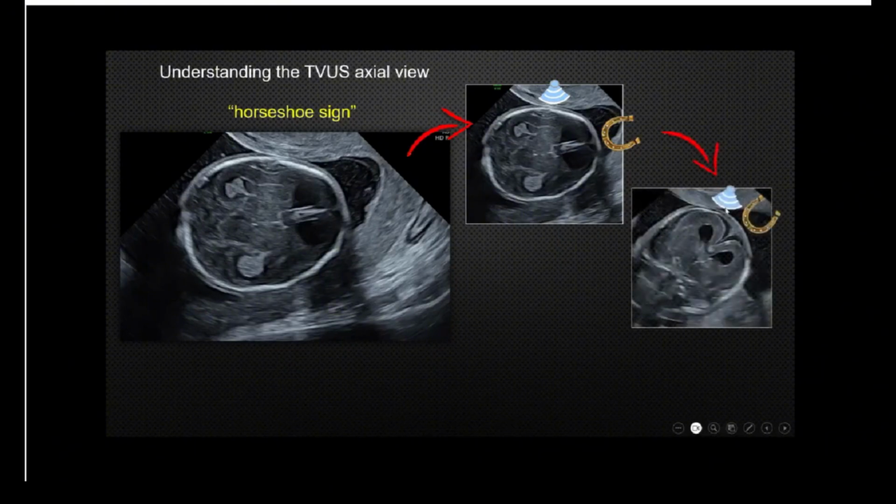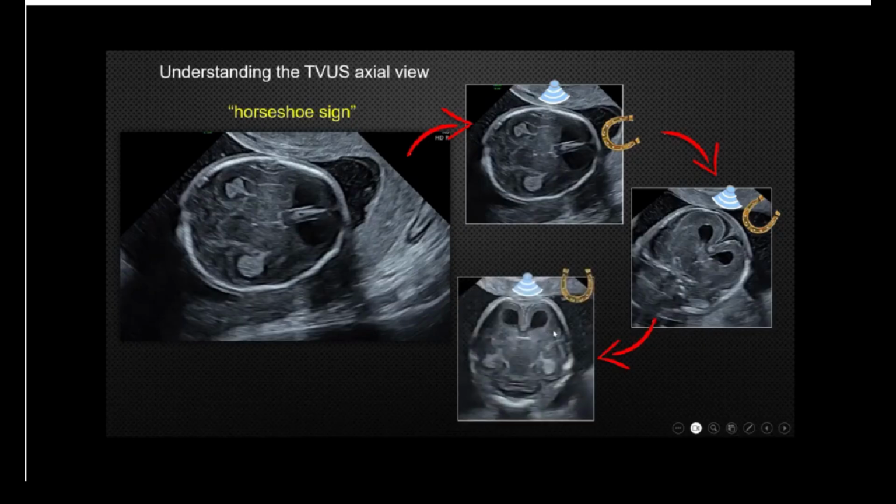So this is what I did. I changed the orientation of the beam. Already when you are between axial and coronal, you can clearly see the hypoechoic horseshoe structure. But if you're insonating exactly through the anterior fontanelle and you lower the contrast of the image, you lower all